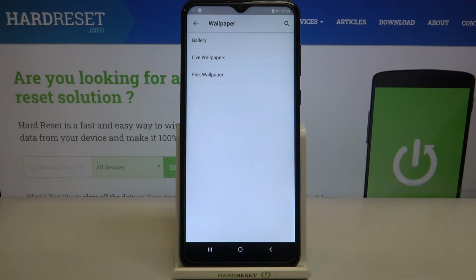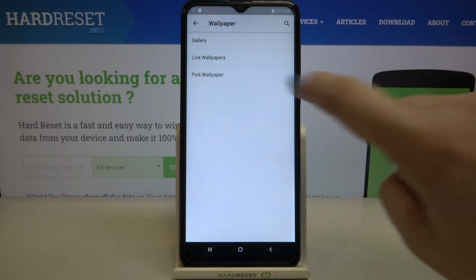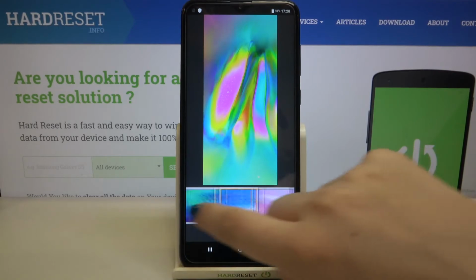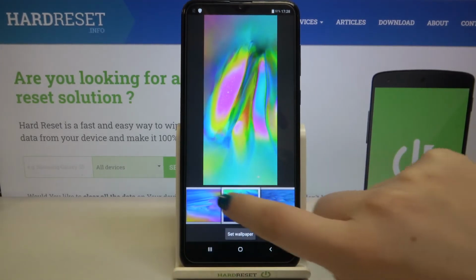At the very top, we've got our own gallery, under it live wallpapers and peak wallpaper. So here we've got actually some defaultly installed ones. So let me pick this album, let's tap on it simply. And as I said, here we've got plenty of, maybe not plenty, but we've got some defaultly installed wallpapers from